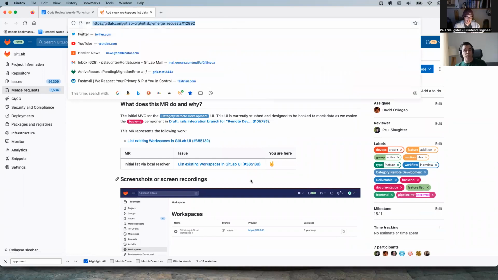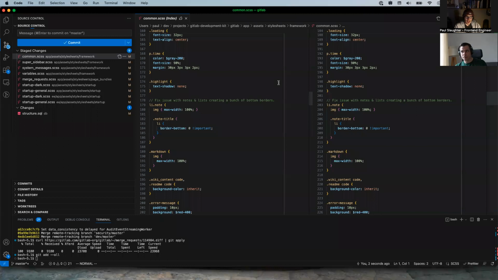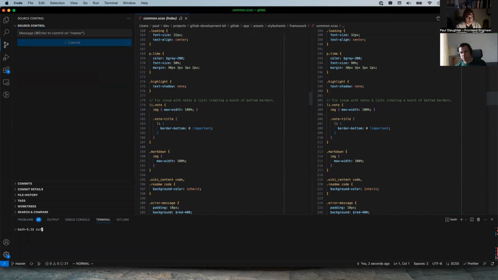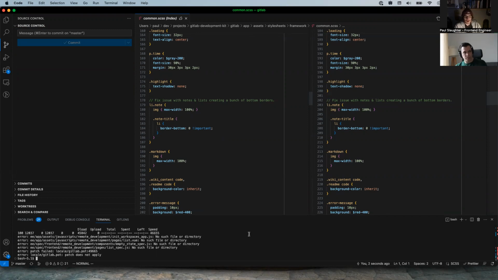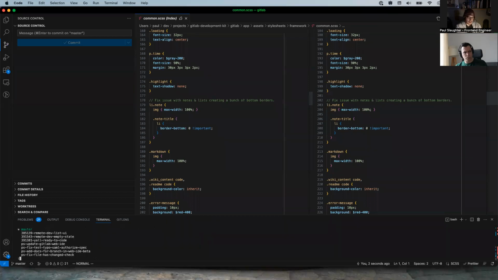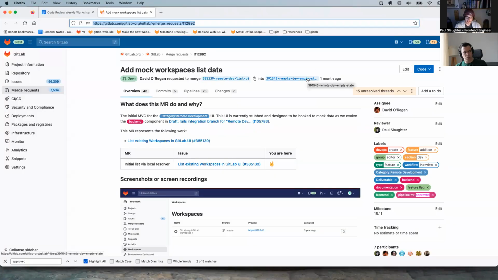But one of the things that's interesting here is when I try to reset changes and do my curl to the MR diff and git apply, it blows up because the master branch doesn't have the changes that this branch does.